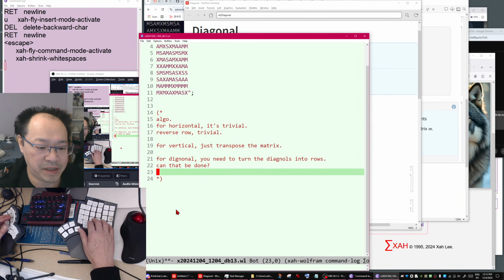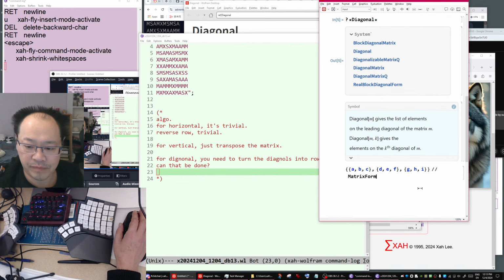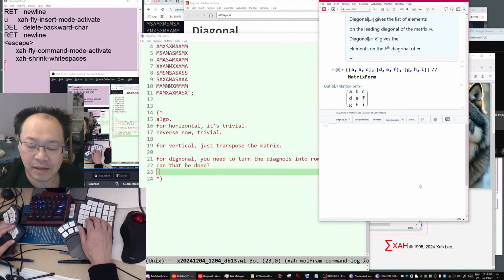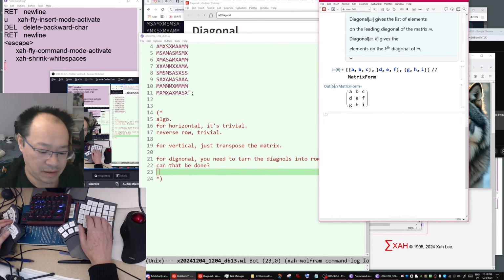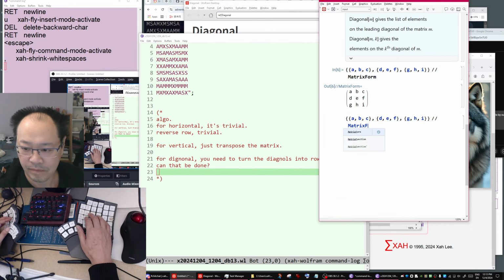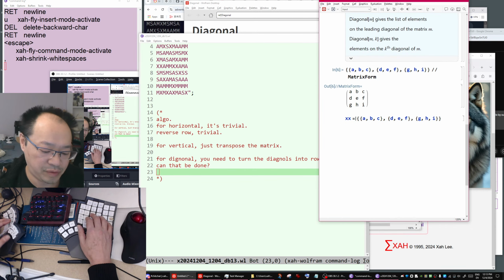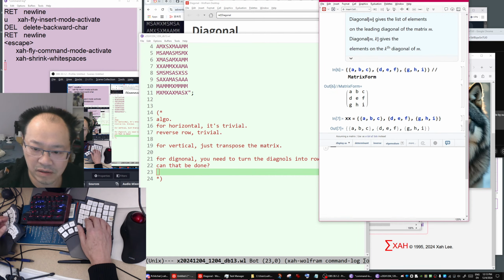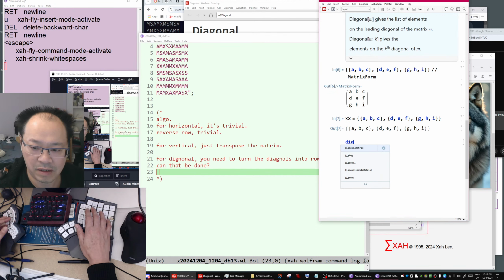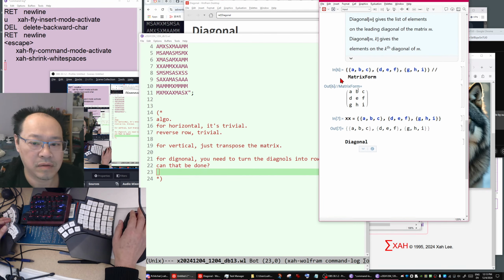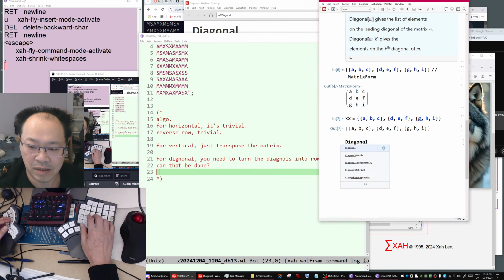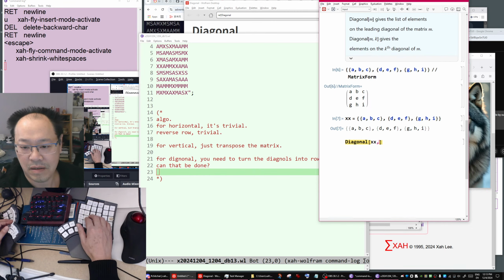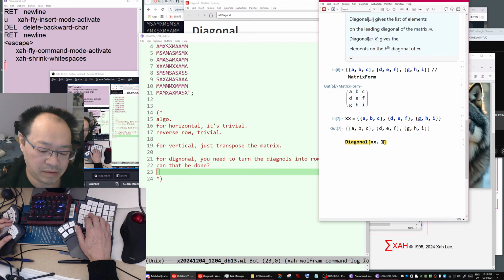Okay, let's try this. Copy that. Let's just play it. So you got that. Then let's assign it: XX equals, shift enter, assign it. So now, I believe diagonal XX, then let's say 1. What do you get? Shift enter.